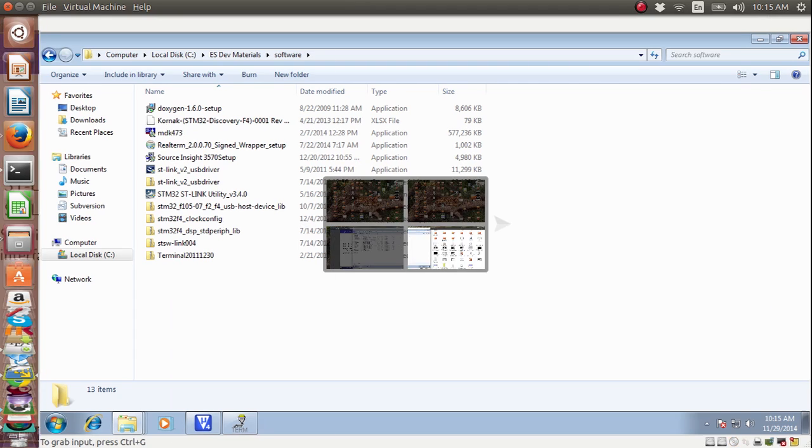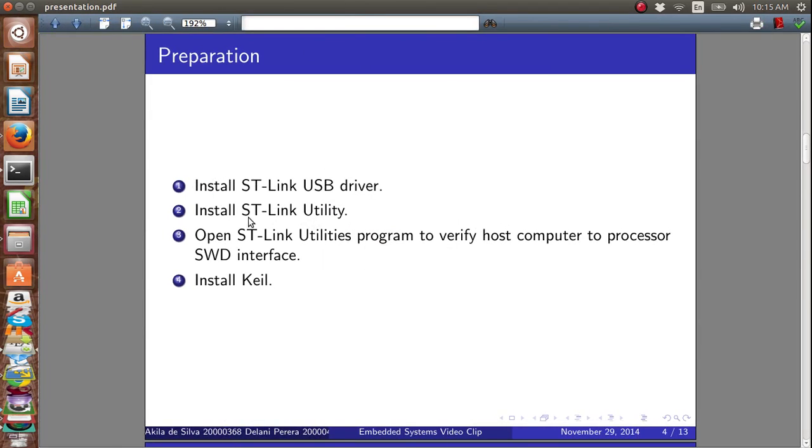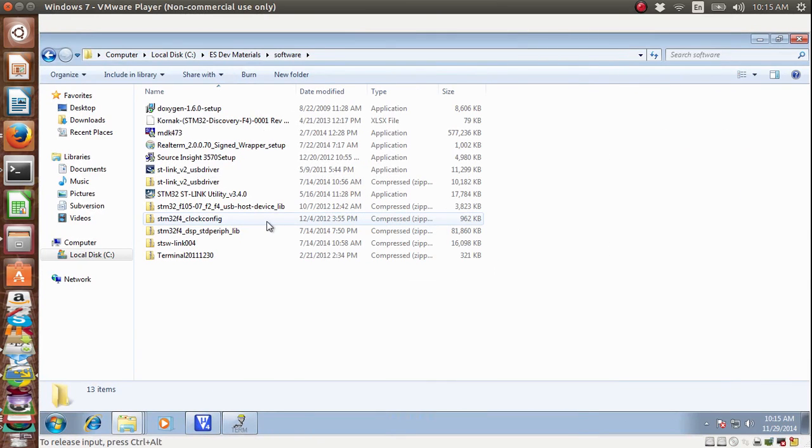Once that is done, we continue to the second step, which is to install the ST-Link utility. That program is also found inside the same folder. You just need to double click on this and it will give you instructions on how to install the ST-Link utility. So once that is installed,